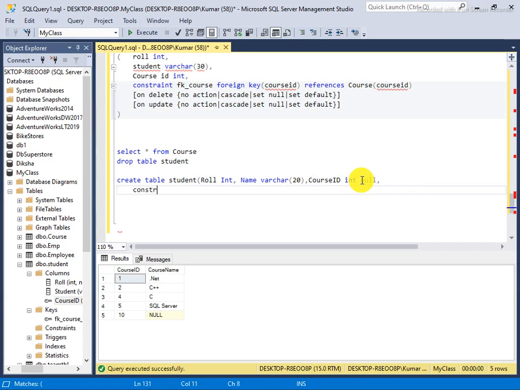So now it's time to make a foreign key. So I say constraint, name of the constraint, referring table course and course ID.